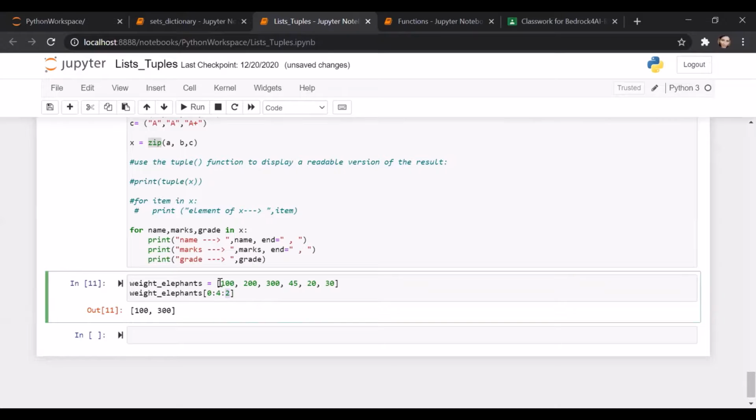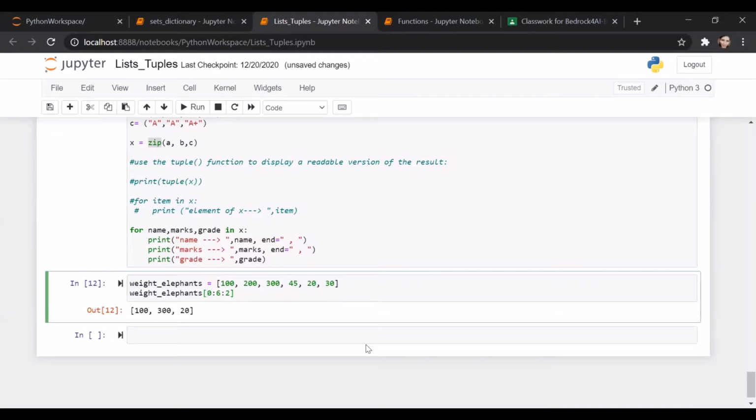So now it has read index 0 and then 0 plus 2, which is index 3, then 3 plus 2, which should have been index 5, but since I provided a stop as 4, it did not print the index 5. But if I move this stop to 6, it will print 20. Okay, now let's try reading from the reverse direction.